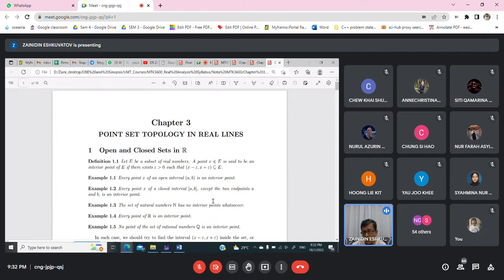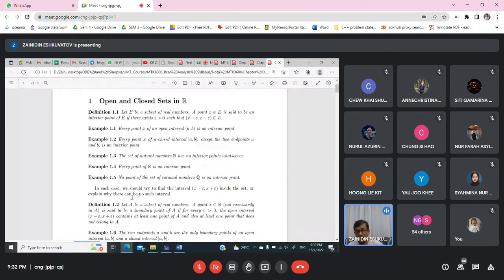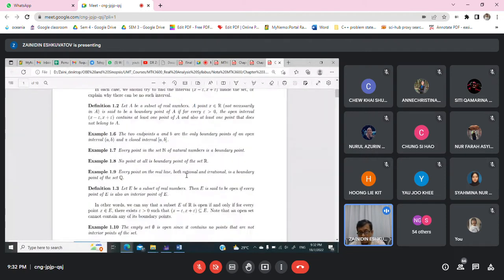And this is a good exercise. Take a closed interval, except the two endpoints. What about the interior points of this? It is just an open interval. You see, every point X of an open interval is an interior point. This one, all the points are interior except the boundary points, the 2 points. So please do the exercise, it's a very good exercise, and revise this topic very well, because here we have problems in finding interior points, accumulation points, isolated points,